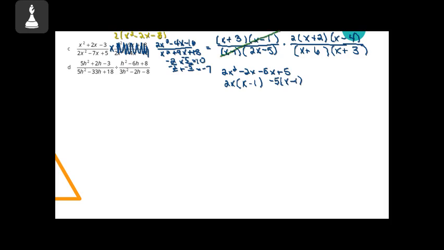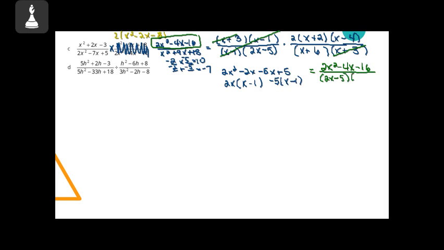So on top, that piece, which was our original numerator there, is still 2x squared minus 4x minus 16. This piece is what was back here. None of it canceled, so I just rewrote it. And then on bottom, we've got 2x minus 5 times x plus 6, which if I want to multiply that out,